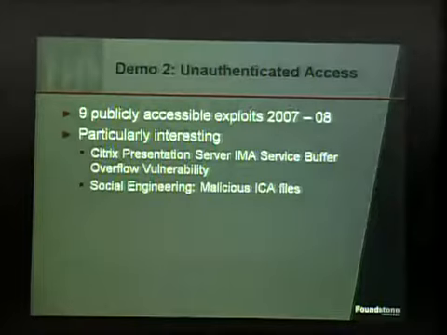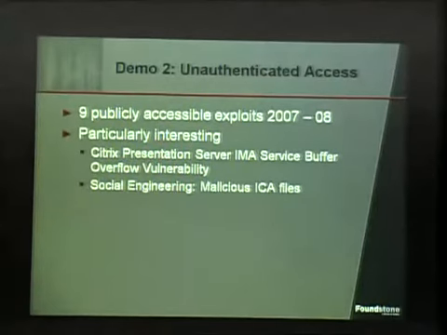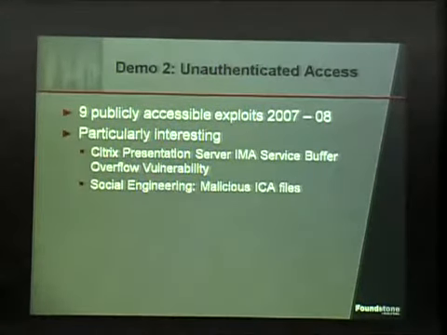One of the other things that a lot of people don't realize is Citrix systems have been extremely vulnerable. Just in the last 365 days, there are 9 remotely exploitable vulnerabilities. I'm not going to go down the list because a lot of these are easy to patch. A remotely exploitable buffer overflow doesn't interest me too much because you can patch it in a few days. But 2 vulnerabilities I'm definitely going to talk about: one is the IMA service buffer overflow vulnerability,